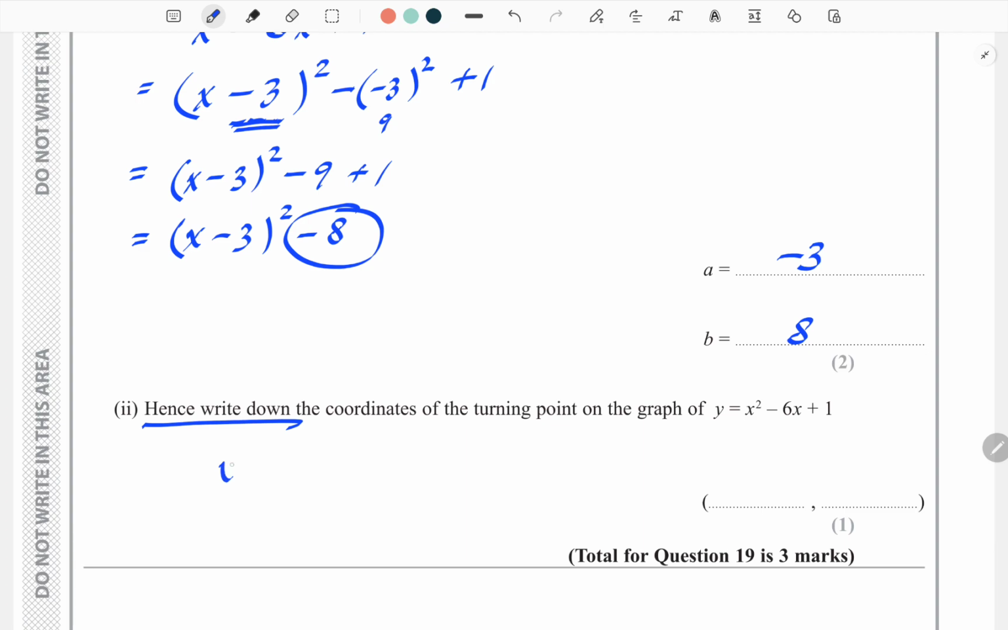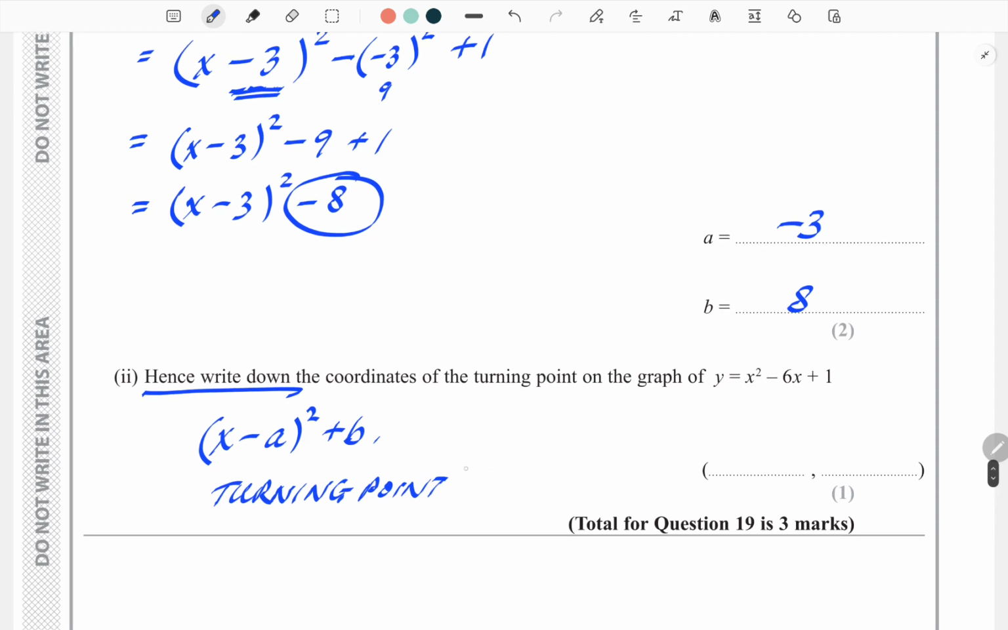Remember that when you have something like this, and call it minus b plus b, whatever you want to call it, right? Like that, okay? The turning point is actually given by those values a and b. That's actually exactly what it is, all right? So it's going to be 3 and minus 8,